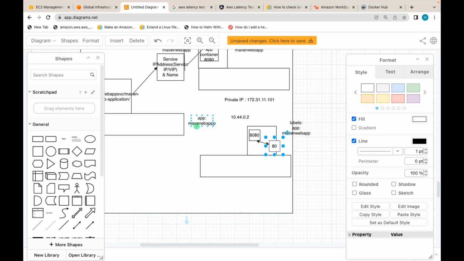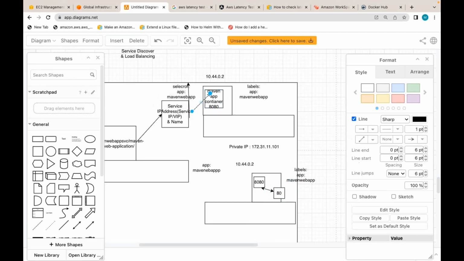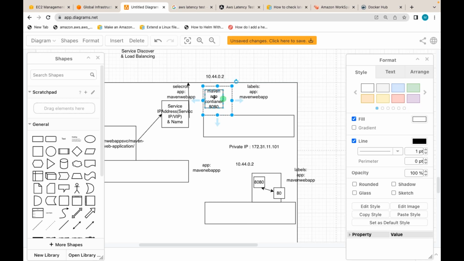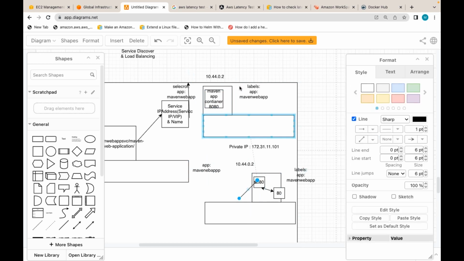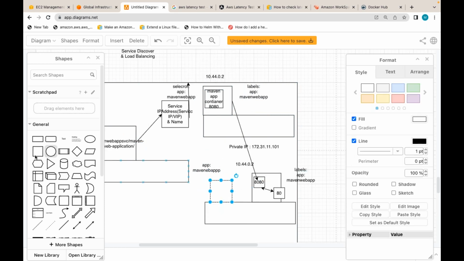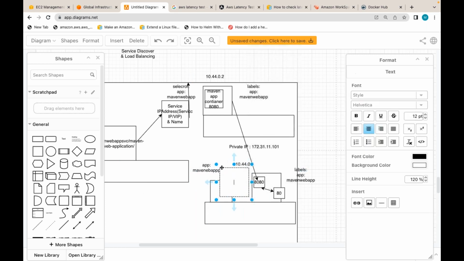But now how will this happen? Let's say I have another application, another pod. This pod has to reach the container which is running in this pod. If the pod is in the same node also, how can we reach from this application to that application?